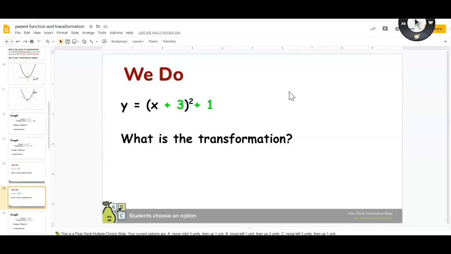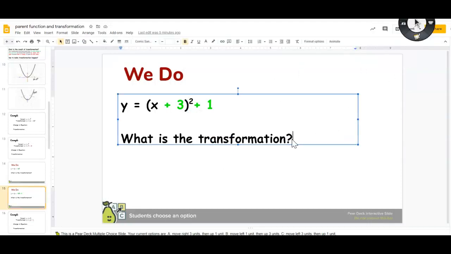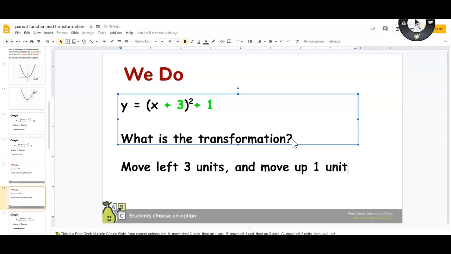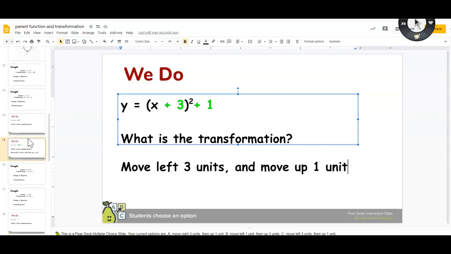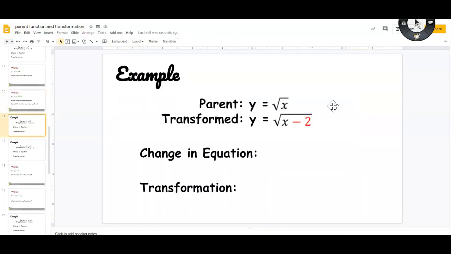Okay. So your answer is move left 3 units and move up 1 unit. Because add a number inside means moving to the left, add a number outside means move up. Okay? So that's it about moving to the left and moving up by adding a number in the baby equation. Okay? So now let's look at the second 2 types of transformation,